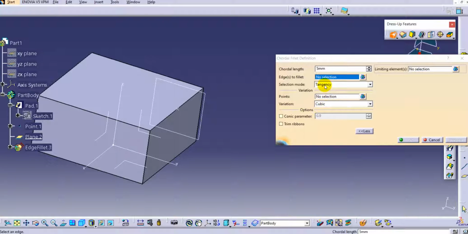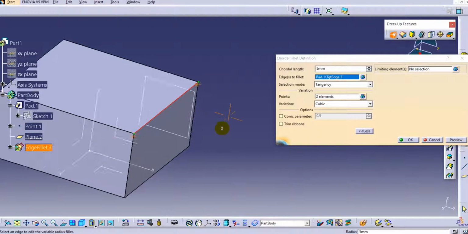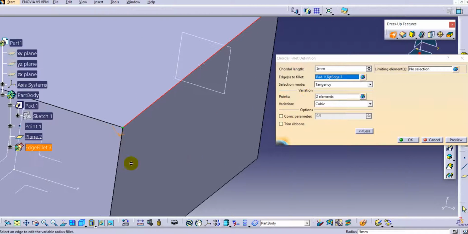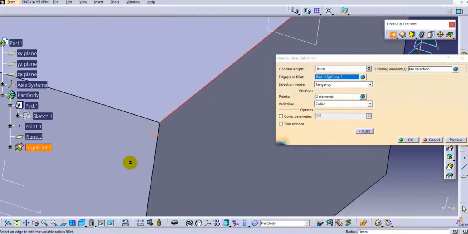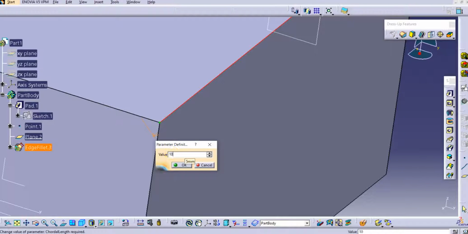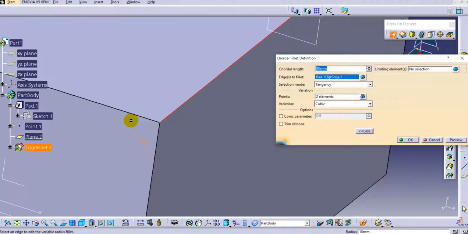So now just select the edge to fillet. So I will select this edge to fillet, and here you can see the chordal length is created. So you can see that this is the chordal length over here, and if you go on increasing the length, it will create the chordal length of 10 mm now.